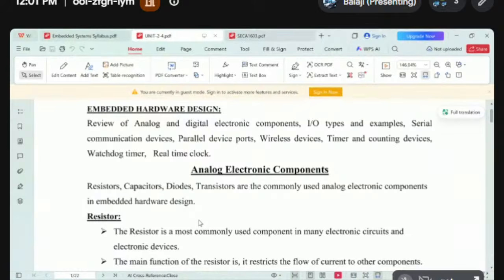Right, is it audible to all? The first concept of the second unit is analog and digital components. To produce the analog signals, we need analog components. To produce the digital signals, we need the digital components. You know all those things. But in analog electronic components,